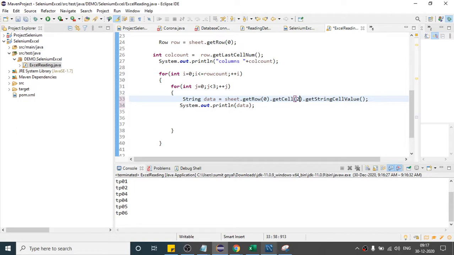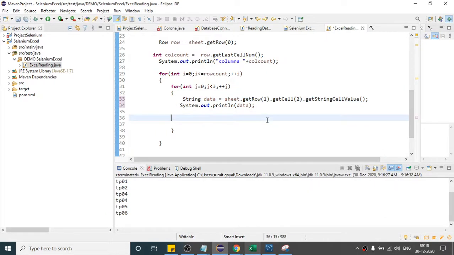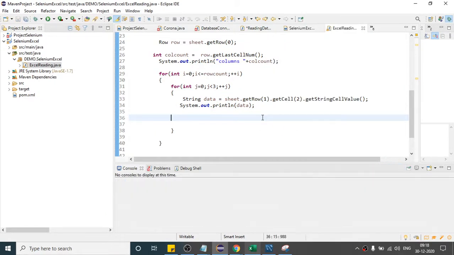And then the condition fails. Now the second time i value will be 1, then it will again start from 1 0, 1 1, 1 2, right? So this is how it will work. So it should print the data in this fashion. First it will print this and then this and then this, right? So let us first see if I just execute this. No, you haven't changed i and j.